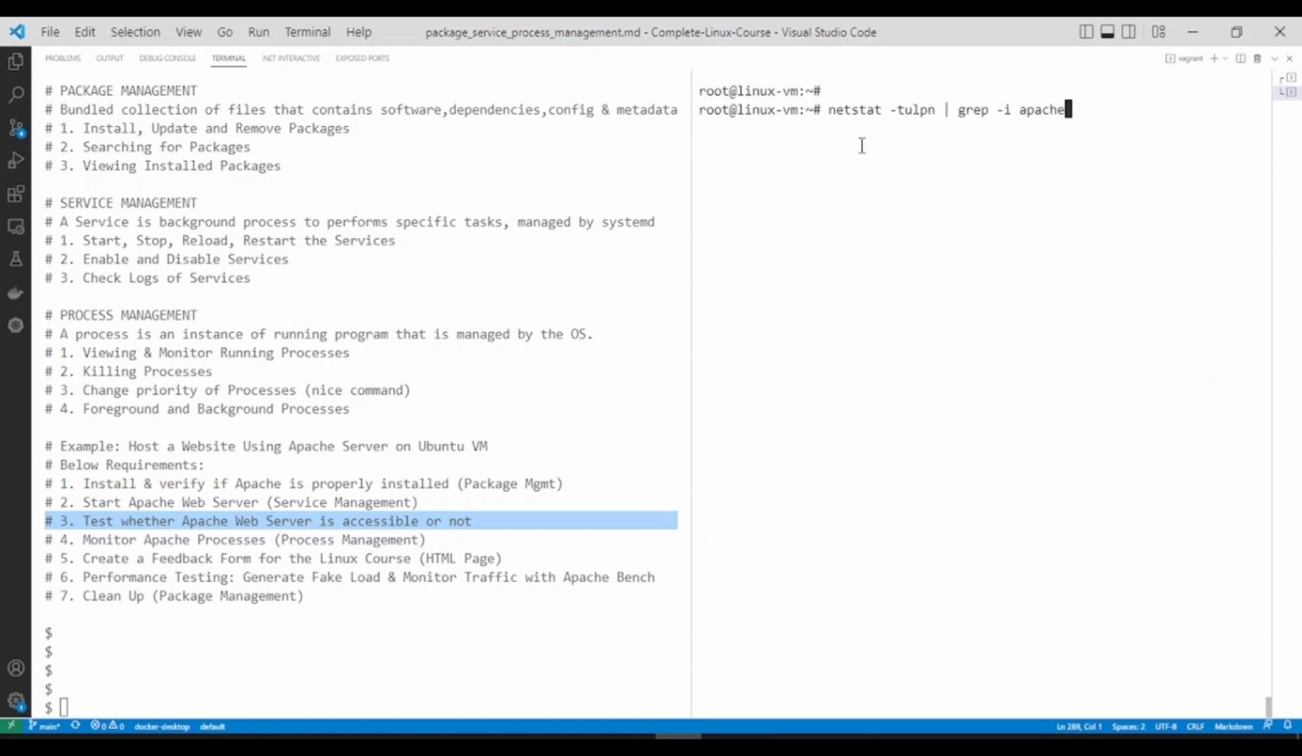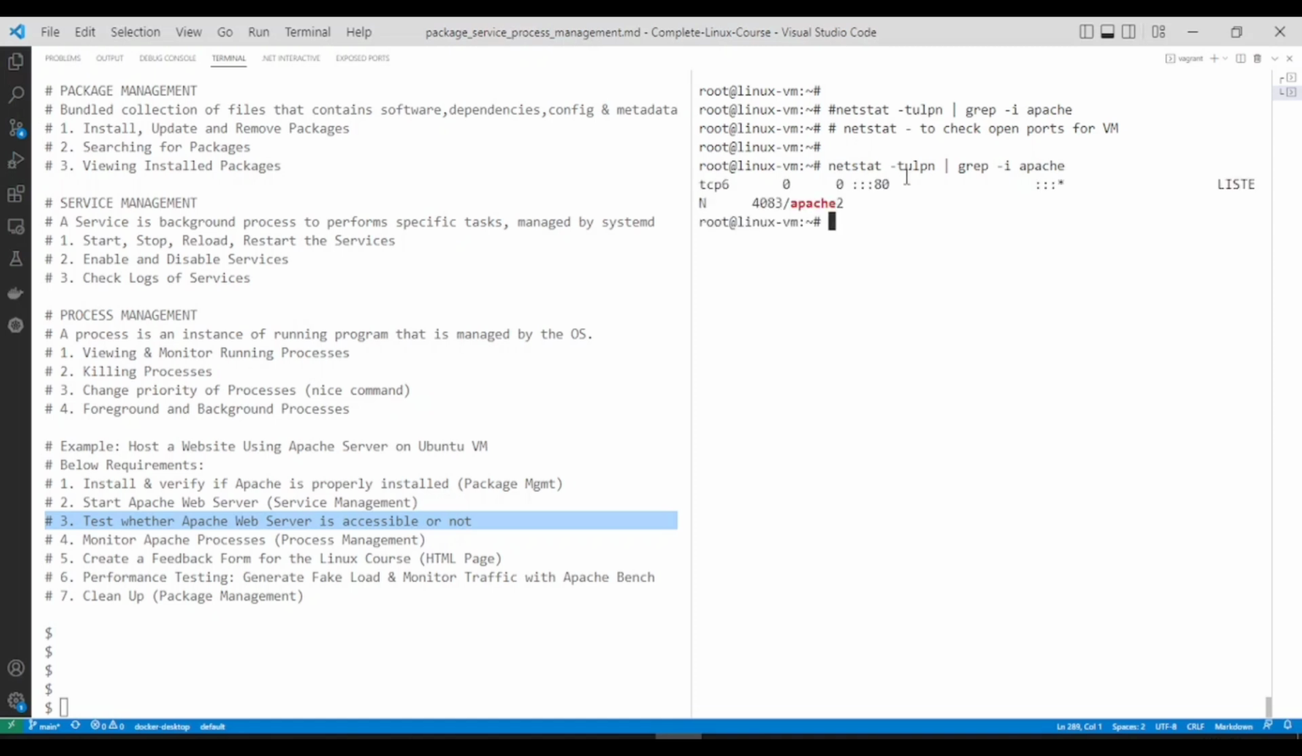So netstat is the command through which we can check what all ports are open for the VM. So netstat -tlpn | grep -i apache, and here you can see Apache is running on port 80 and it is in listen mode. So let's switch to VirtualBox